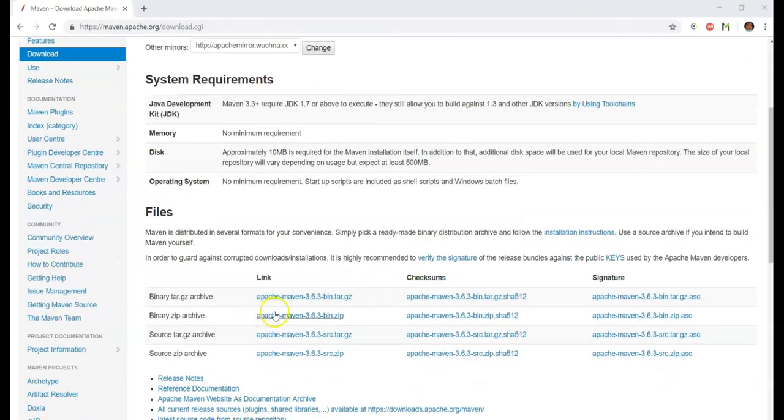So here there are different Maven binaries. So first one is tar.gz. So this is for Mac OS, and we need to download Apache Maven 3.6.3 bin zip file. So this is for Windows. So we need to download this distribution file.